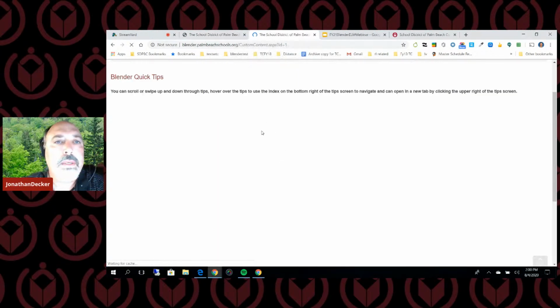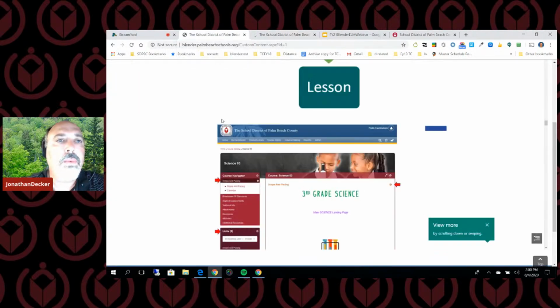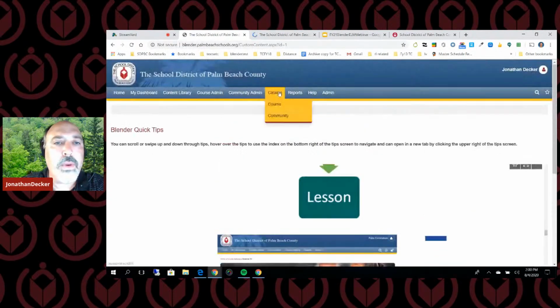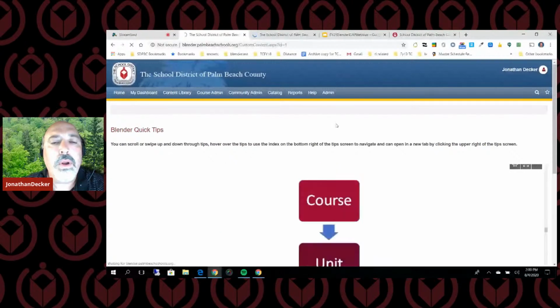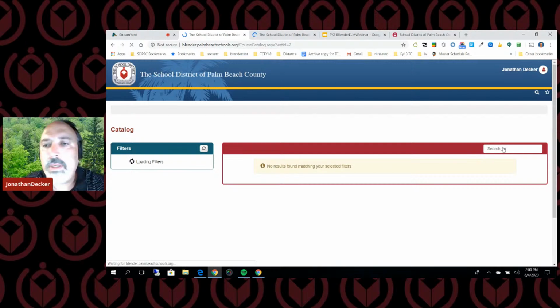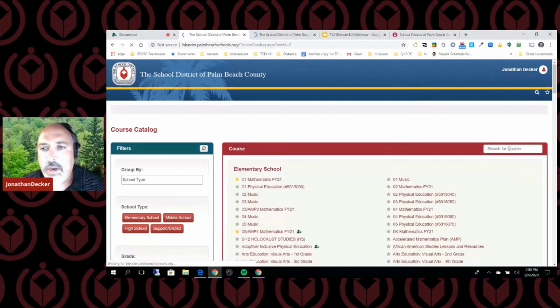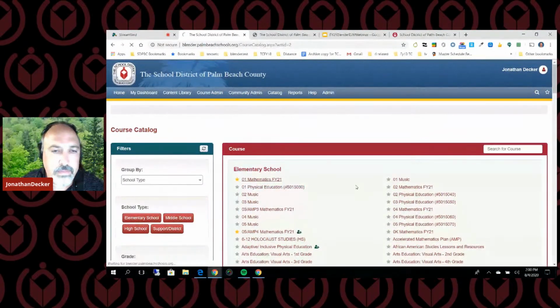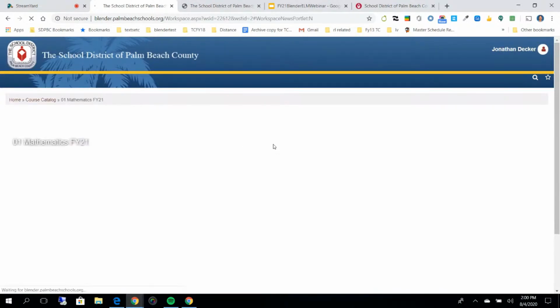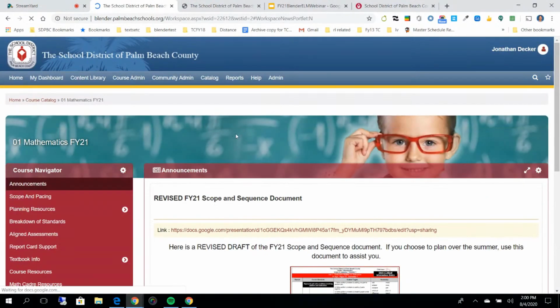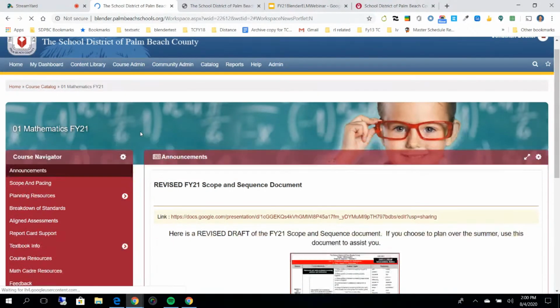To demonstrate what that looks like, we'll take a look at an elementary math course to go over the architecture of that course, units and sections as I displayed, and we'll walk through this fairly quickly just to keep us on track.